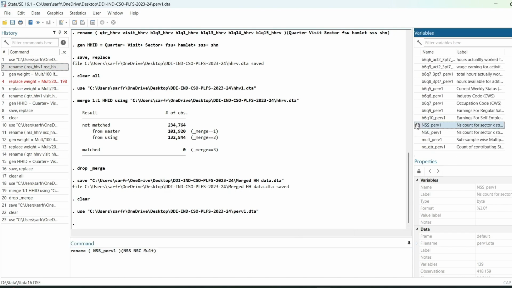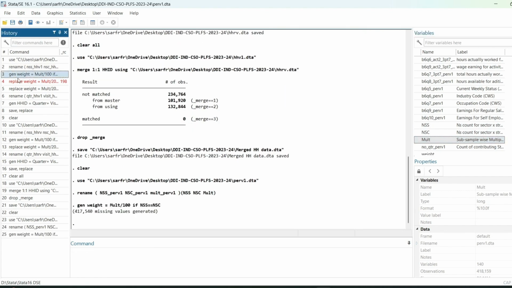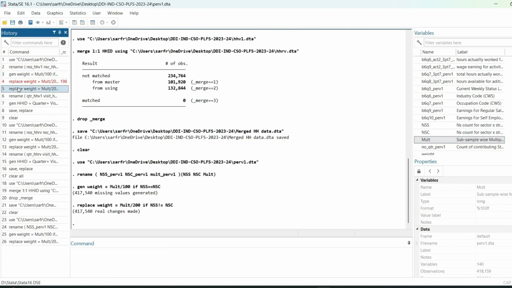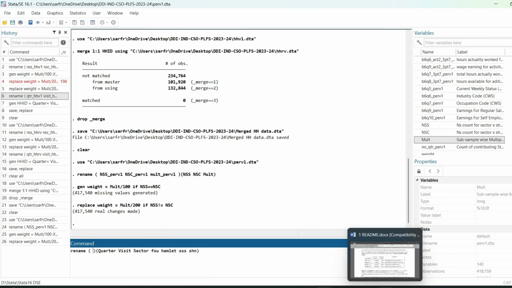So this is NSS, NSC, and this is multiplier. Done. Now I will create weight, then replace weight, then I have to rename. Now why I was renaming this many variables, because I had to create household level data. Now this time I have to create